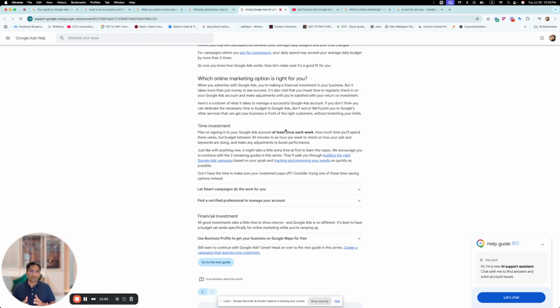Now coming towards the time investment. Obviously when you set up the campaign, it's not some magic thing. It requires some learnings. Your campaigns need to be running for some defined period of time, and then you would only be able to collect the learnings and the system starts to optimize.